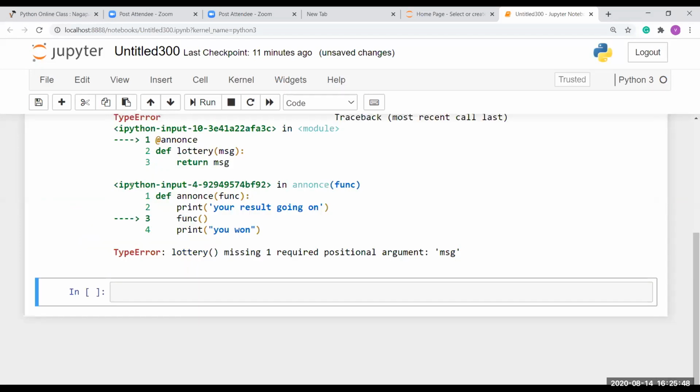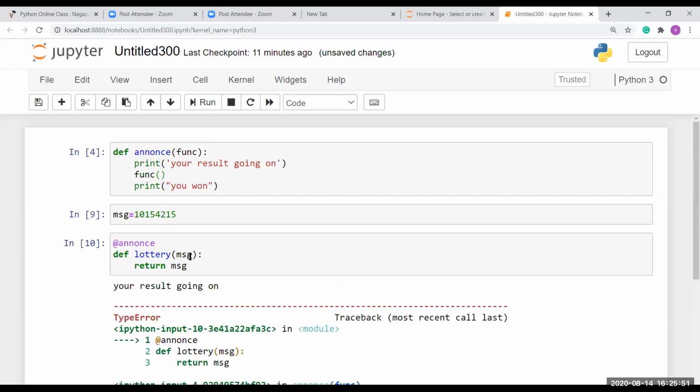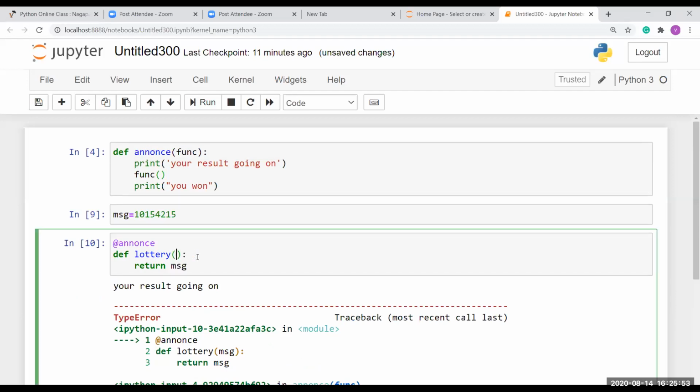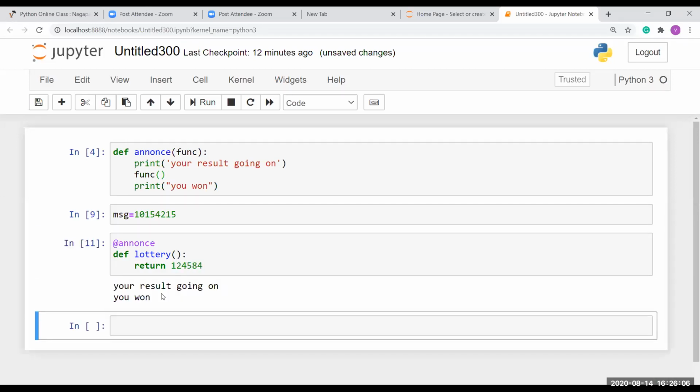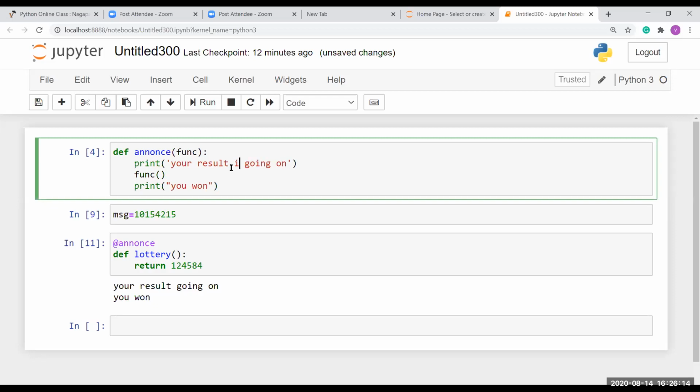Okay, so first I give the value directly, or I'm going to remove this, then I'm going to give the value. Okay, so now you get your result is going on, and you own this, right?